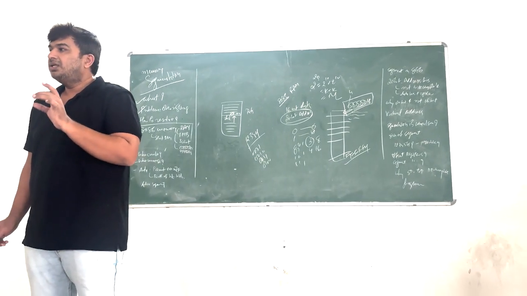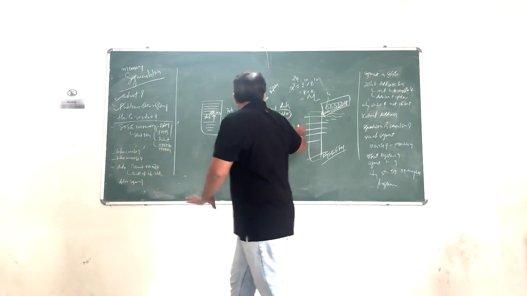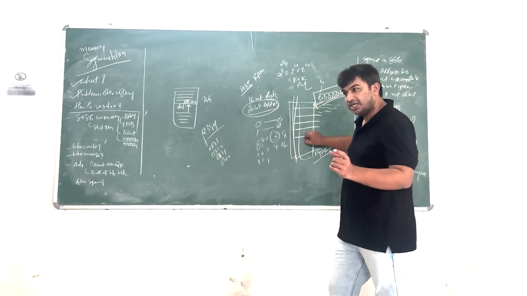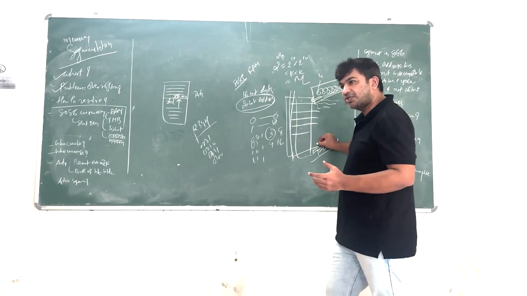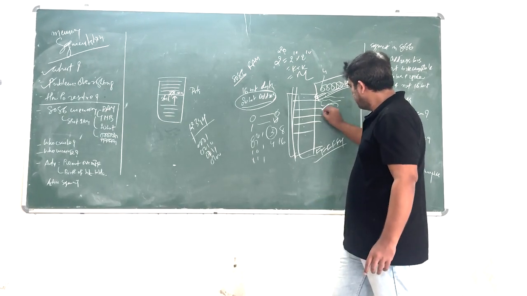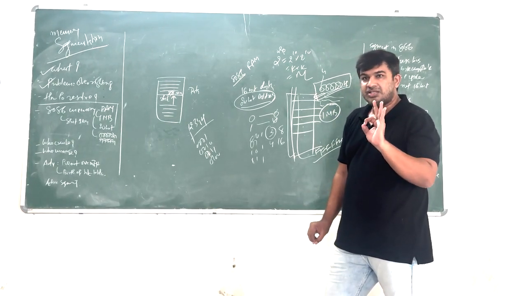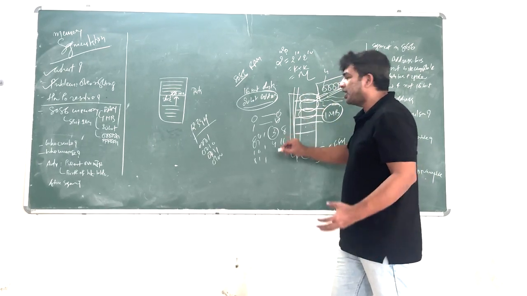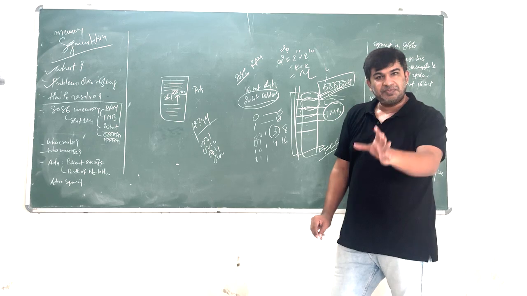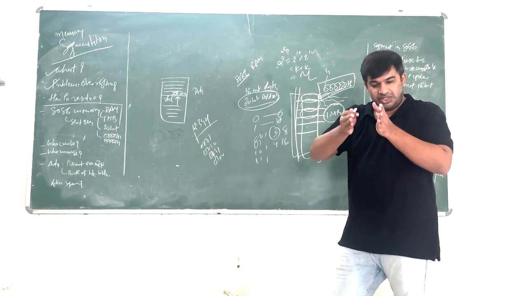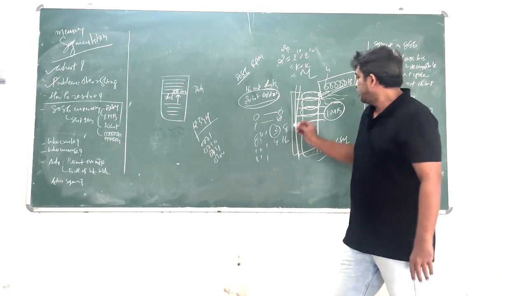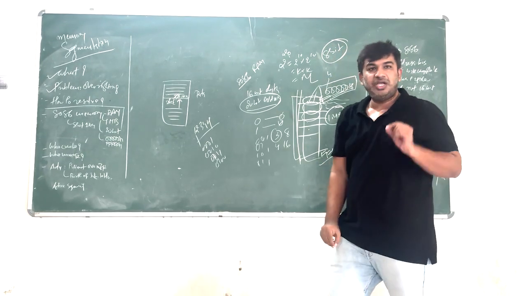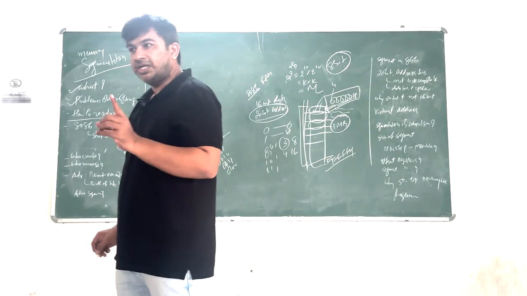Understand? Any memory will contain two things: address and the value. How many such addresses are possible? 1 million. Each location can store how many bits of data? Just keep in mind, in any processor, in the latest processor or in 8086, each location of memory can store only 8 bits of data.